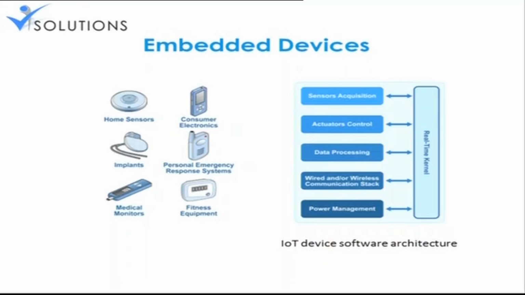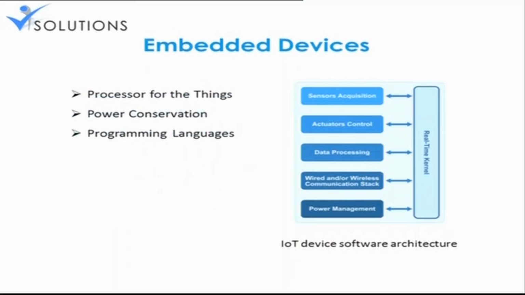So you should have batteries which are built in. Battery life should always be tracked, and it should work for at least a few months, even 2 years. Only then will it be a successful product. So power management is going to be a very big crisis in the upcoming years. Wait and watch, if IoT comes into the picture. So these are 3 things you have to look out for.